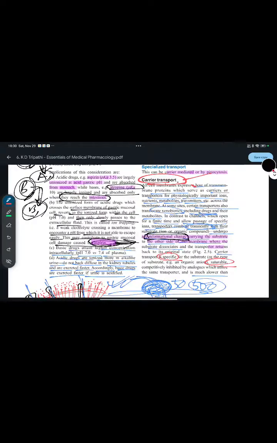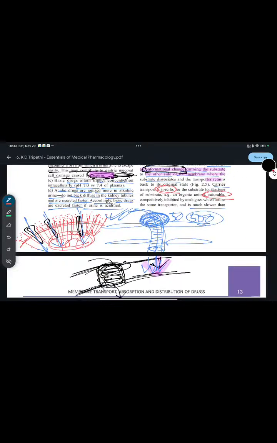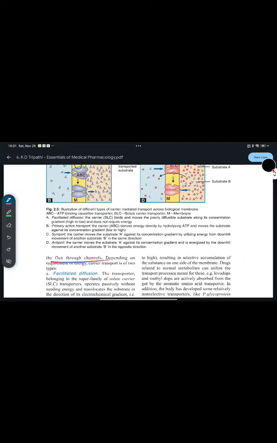Number 2, carrier transport is saturable. Number 3, carrier transport activity can be inhibited by using competitive analog. And number 4, carrier transport is usually slower than the flux through the channels. Okay,